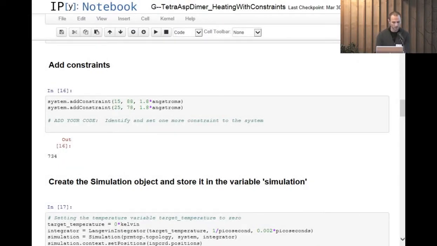All right, so we're pretty much coming to the end of this, and I just wanted to show a couple of really quick things. We don't really have time to go into detail. Two of the other things on the item list were constraints and restraints. And you can definitely look at those scripts. They are script G and H. G is heating up with constraints, and if we look at that script,